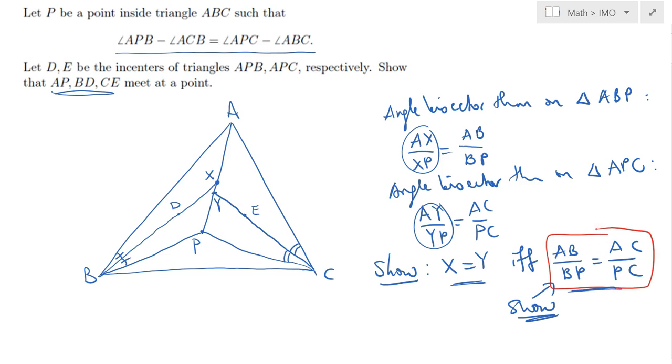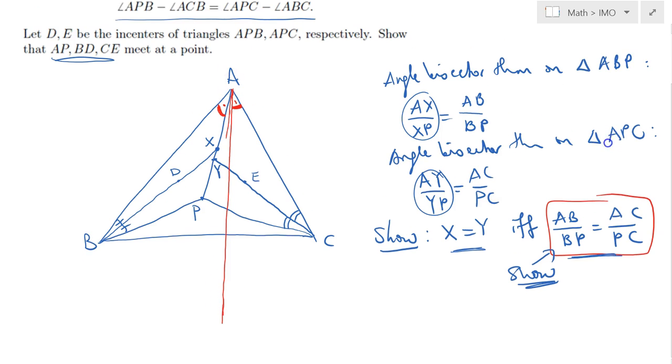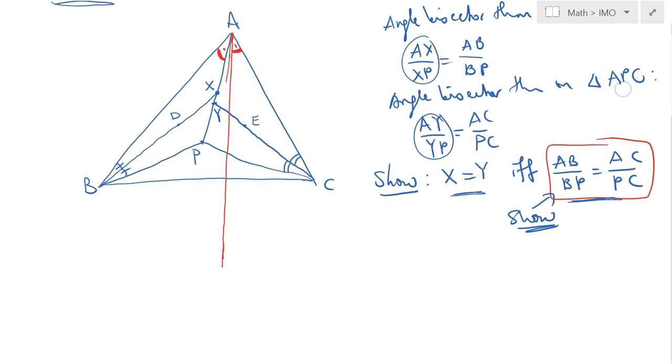That's the result we need to show. Consider the isogonal line of AP. So this is a reflection across the angle bisector, suggesting that this angle here is equal to this angle over here. So the angle bisector is somewhere in the middle, I guess. If I consider this line and I extend it all the way to the point Q,